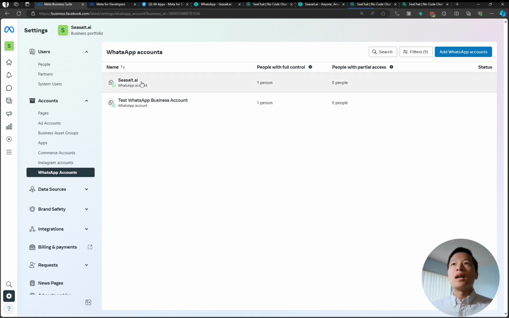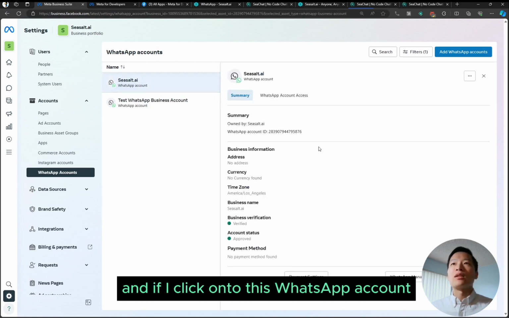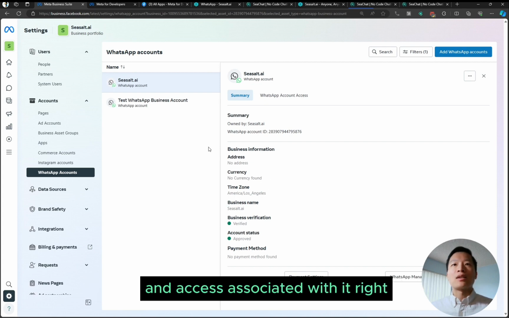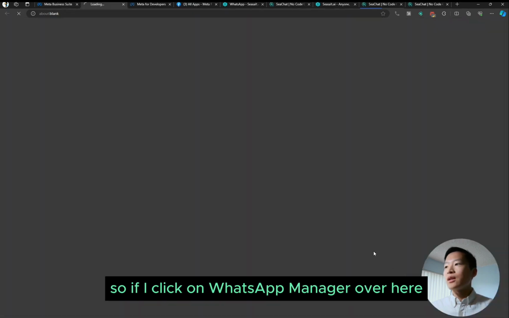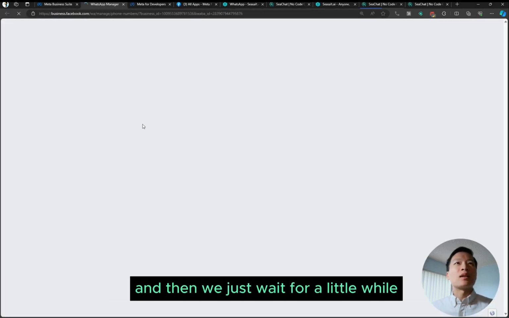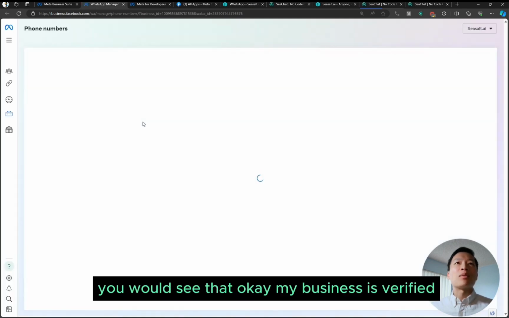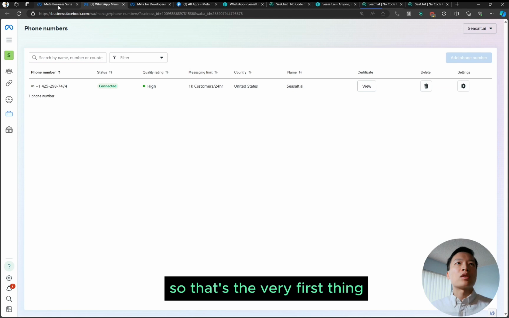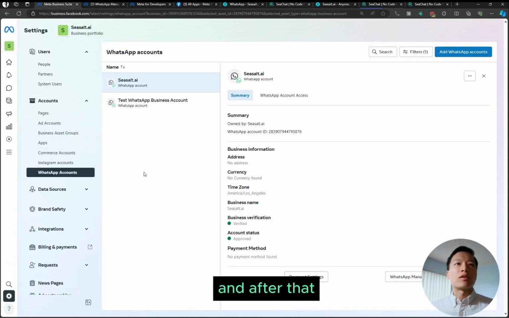If I click onto this WhatsApp account, you would see that I already have a phone number and access associated with it, right? If I click on WhatsApp Manager over here, and we just wait a little while for this to load up, you would see that my business is verified, and I have connected with the phone number, right? So that's the very first thing.